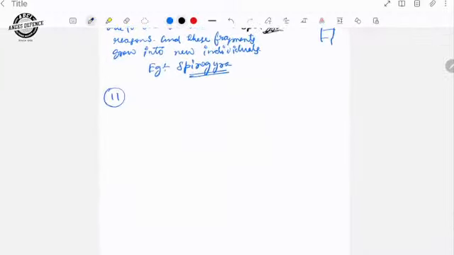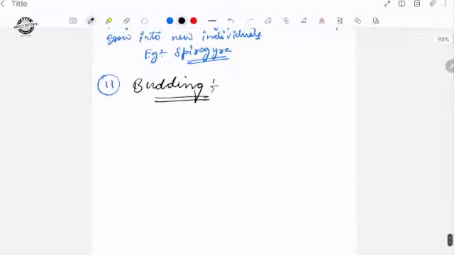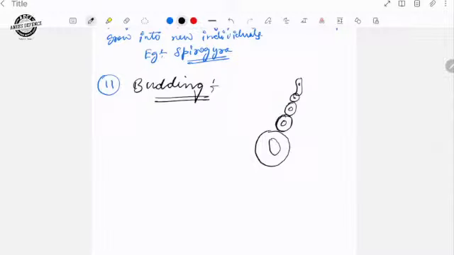Second mode of asexual reproduction, that is budding. Budding we can see easily in yeast. This is the structure of yeast. Understood? Slowly, in their body parts, development of small buds occurs. After an interval of time, after some days, each bud is going to separate from its parent and grow into a new individual. Simply